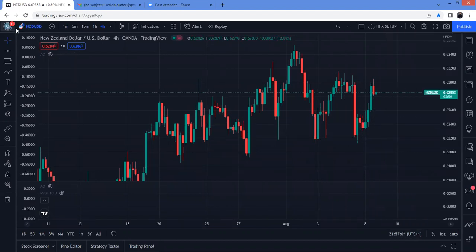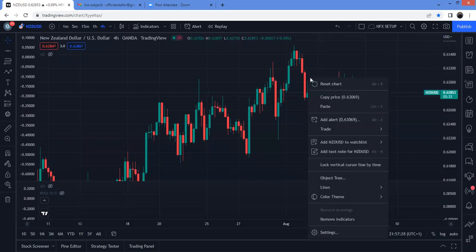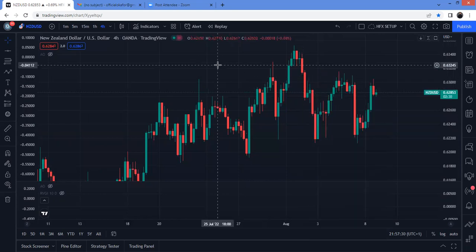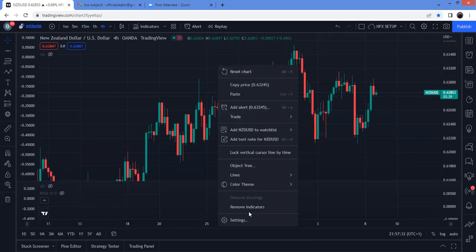Now, on this part of the panel, and by the way, you can also choose, while we're still talking about the layout and colors, you can choose what you want your colors to be. Some people don't like the green and the red because, to them, it has a psychological effect. Maybe when they see red candles, they're afraid that, oh, price is going in the direction they don't want. So you can actually change the colors of your candle by right-clicking on the chart, right? Anywhere on the chart, just right-click. You come down to settings,